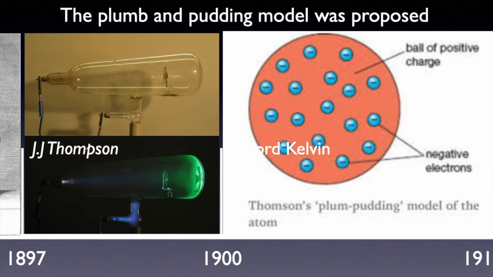Now, it was greatly understood at the time that similar charges repel one another. So a negative electron is going to repel another negative electron and push them away. So what is holding these things in the atom? Well, you've got this ball of positive charge. So it was very nebulous what this orange or salmon-colored material was, but J.J. Thomson knew exactly that atoms must be composed of electrons. They're negatively charged, and that's what all these little blueberries are, okay?